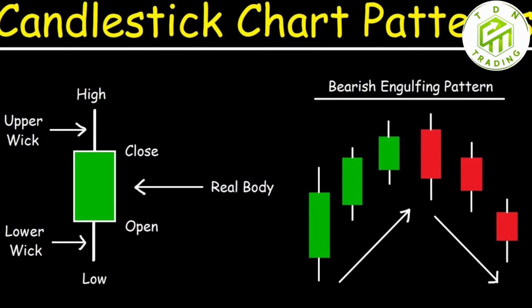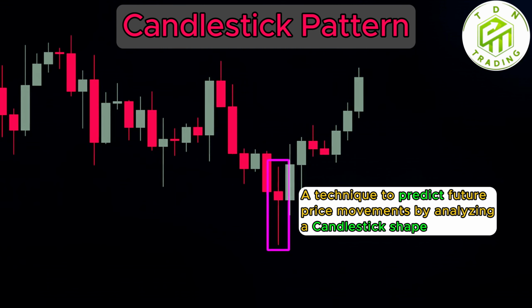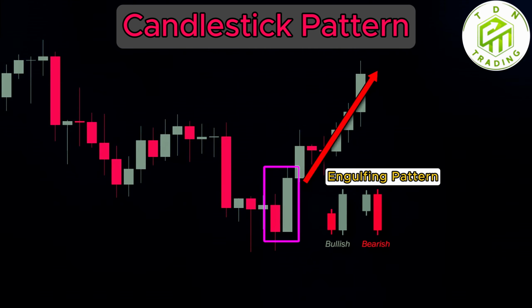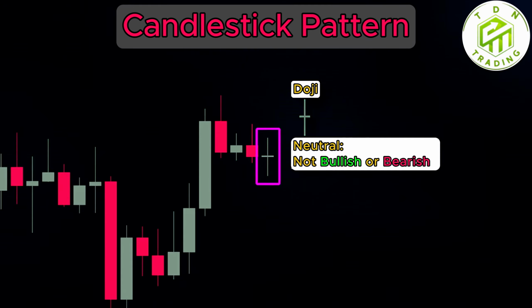Candlestick patterns. It is a technique that traders use to analyze future price movements by looking at specific candlestick shapes. Notable candlestick patterns include engulfing patterns, which signals strong momentum towards the direction of the engulfing candle, hammer and shooting star patterns, which indicates rejection as shown by the long wick on one side, doji patterns, which signals neutrality in the market,